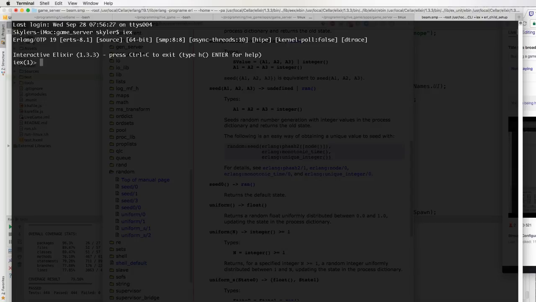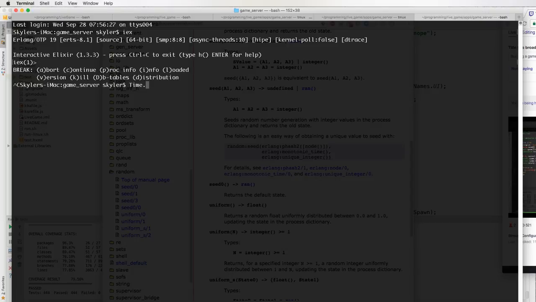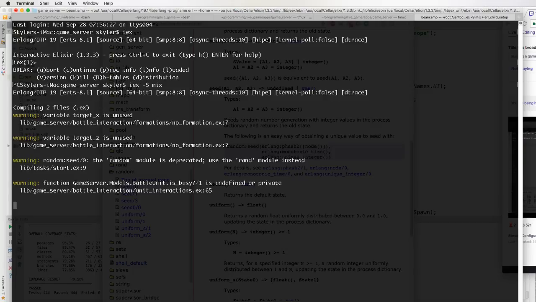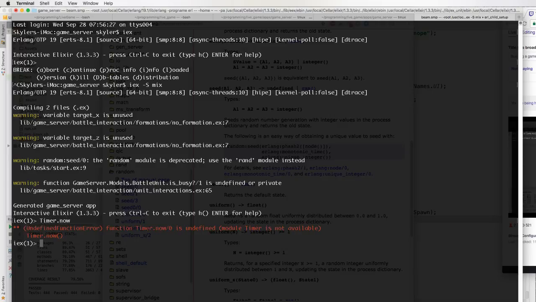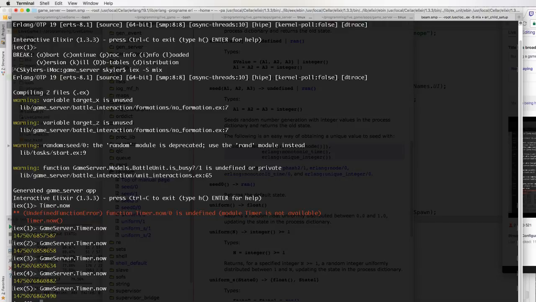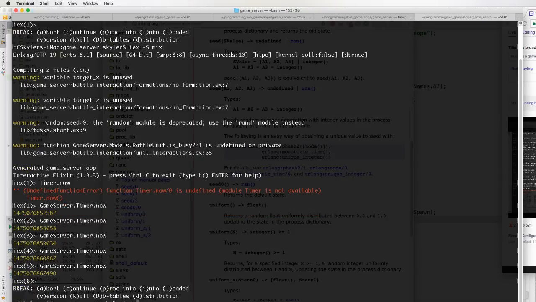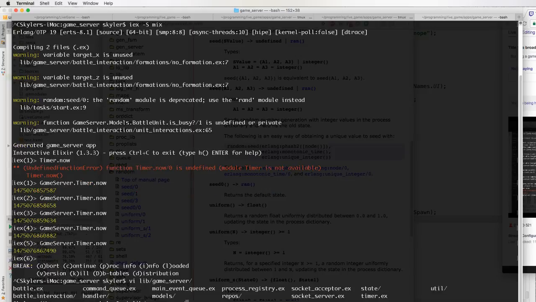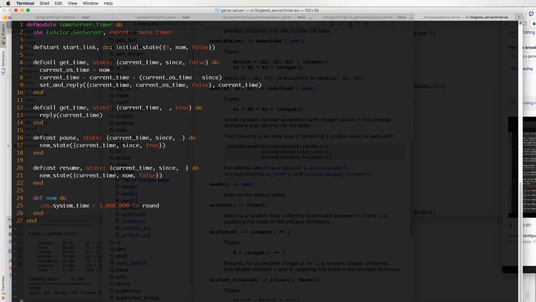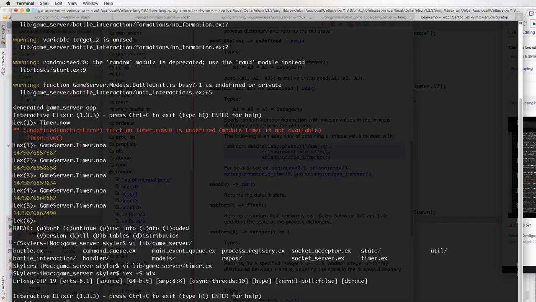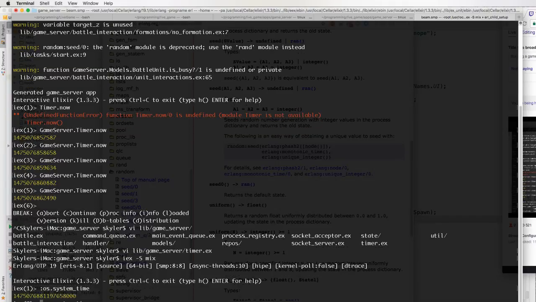There was a time. Oh yeah, we do timer dot. So yeah, ix dash mix timer now. Get time. Oh, okay. Game server timer now. Lib game server timer. So now it does just OS system time. So if we use that as our seed,